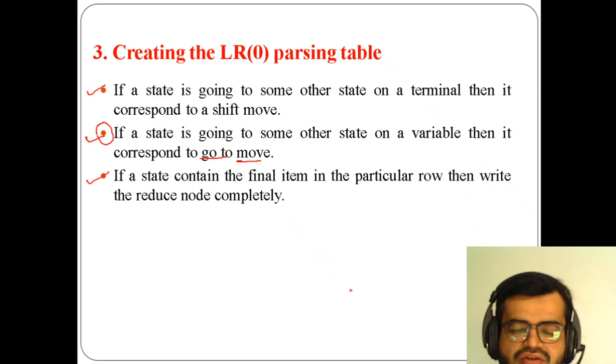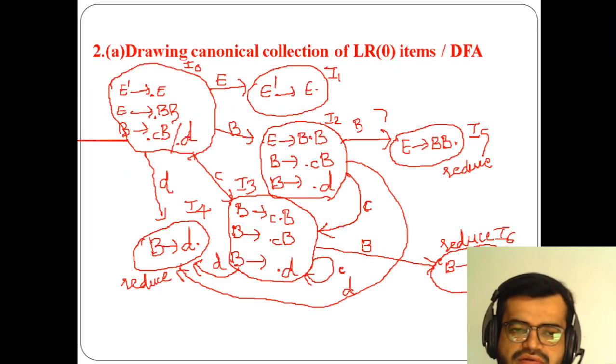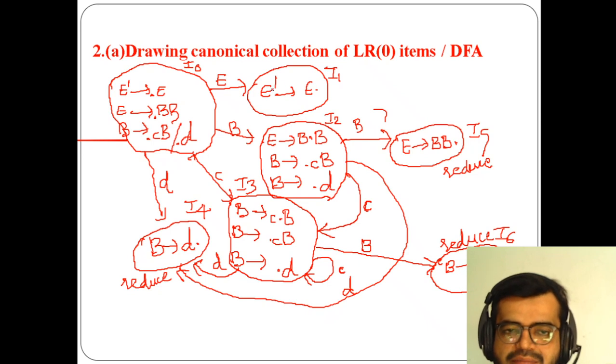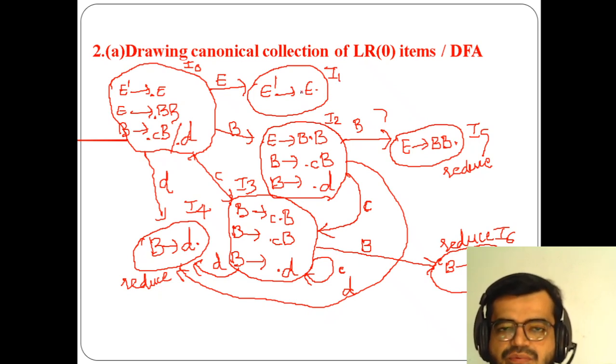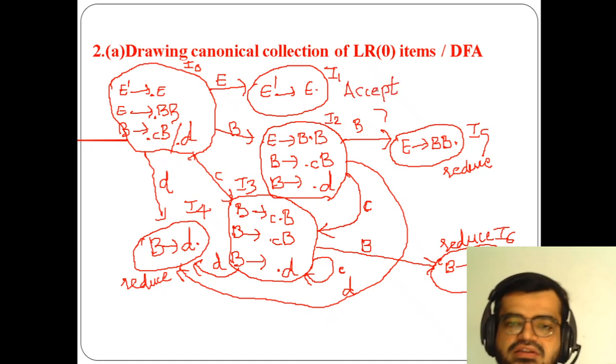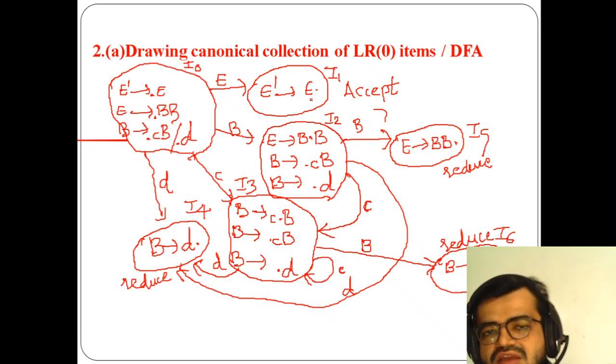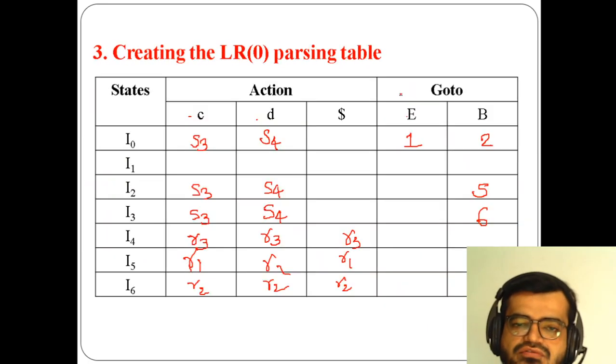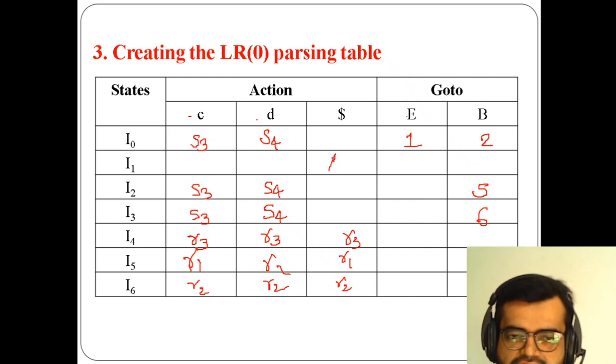And finally you have missed one thing, I1. In I1 also, after the dot nothing is there, but this is the augmented production. In augmented grammar you have taken this production. This is not the actual production, so we are not using it for reduce purpose. But whenever the string reaches this production, it performs an operation called accept, because finally it is a bottom up parser and you have to reach E dash, the start symbol. So the accept state you have to write in I1 under $.